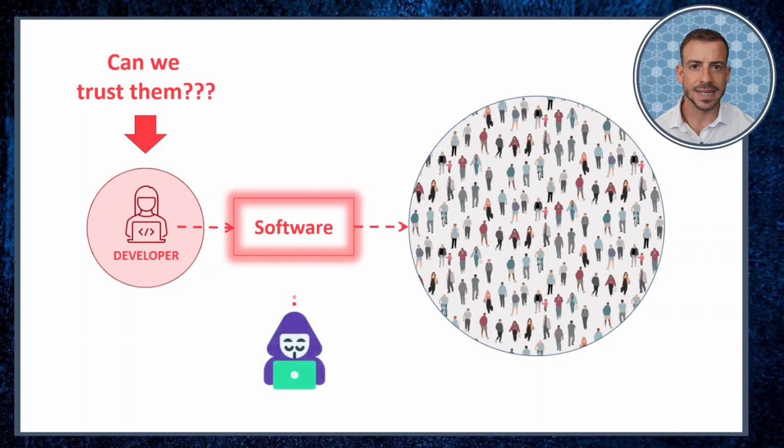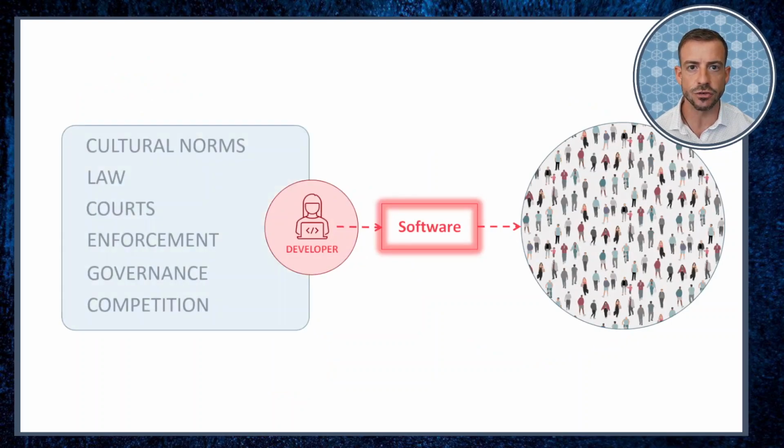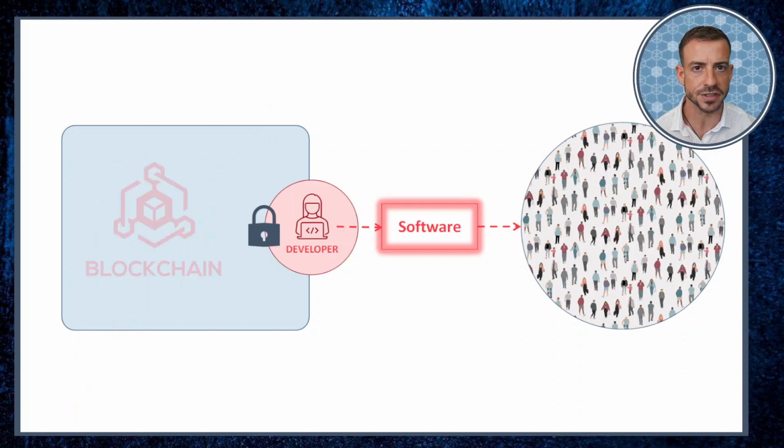And we also need to trust that hackers won't be able to break into these systems to abuse any levers of control that they offer. Here, as was the case with the bank, we rely on various external cultural, economic, and institutional factors to restrain and deter bad actor behavior in these situations. And since this looks so similar to what we've seen before, you may imagine that blockchain has similar benefits to offer as well. It gives us the chance to make certain abuses of control impossible to carry out in the first place, and to achieve that without having to rely on any of these external conditions or institutions.